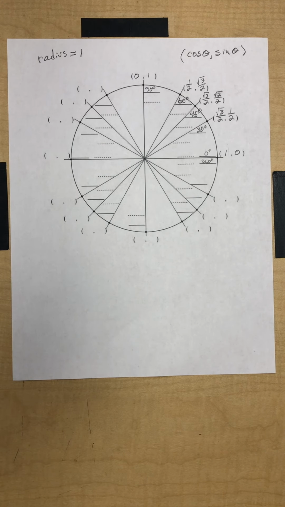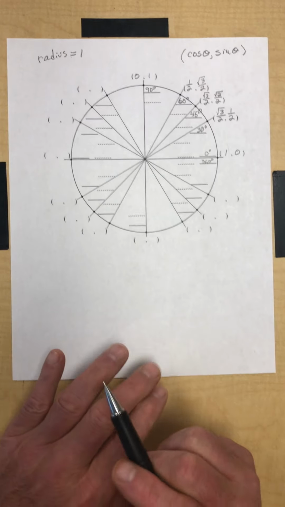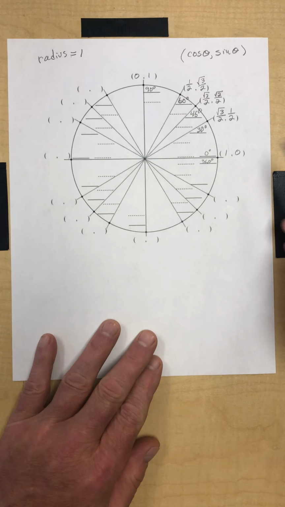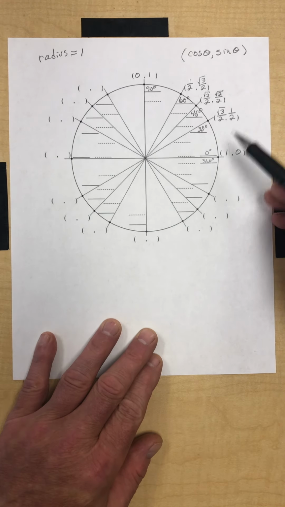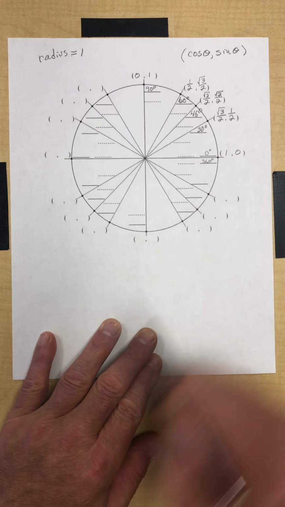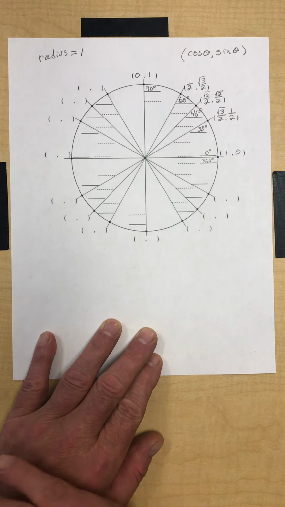All right, guys. So we're going to take back up where we left off yesterday, working on the unit circle. Here we filled out the unit circle yesterday in quadrant 1 from 0 degrees all the way up to 90 degrees and came up with all the coordinates that show up on the unit circle. So today we want to work in quadrant 2, and then we'll take care of quadrant 3 and quadrant 4